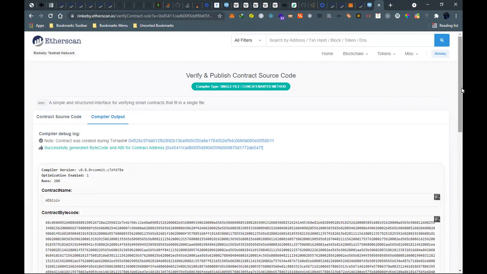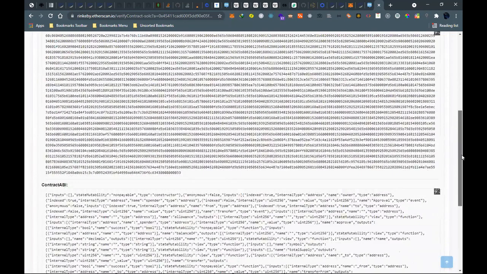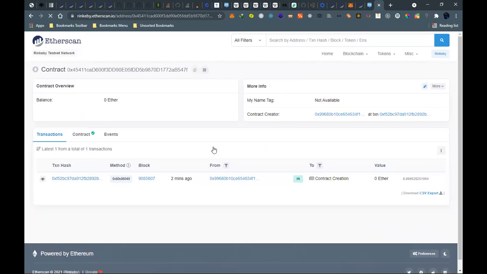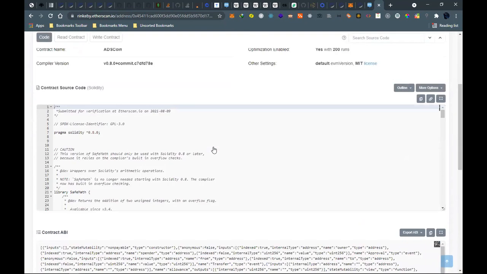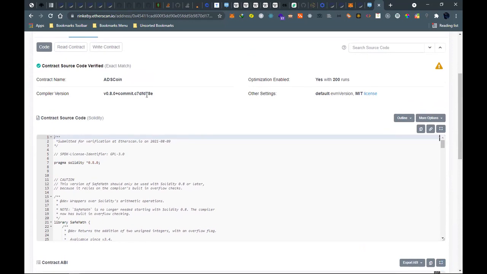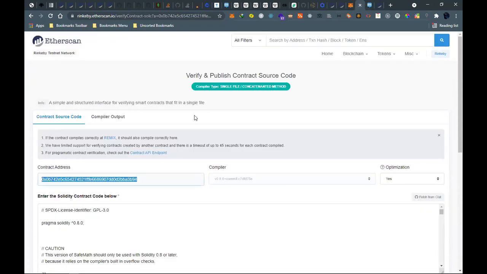So disregard that other one, and we will use this one. Yeah, interesting. It took the ADS coin instead of token. I was giving it another name so that there is no conflict of names. Like this one is token.